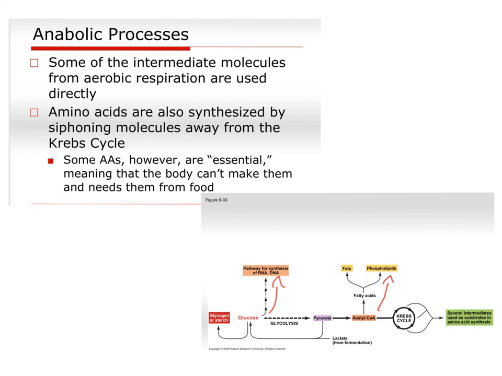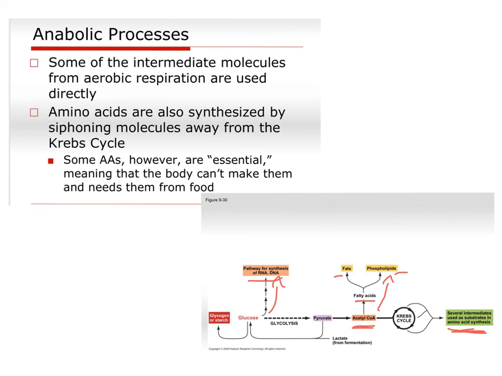So glucose can be siphoned off from one of the steps of glycolysis to create RNA and DNA, right? The acetyl CoA can be siphoned off to create fatty acids that can make fats for us. They can also make phospholipids for our cell membranes. A lot of steps of the Krebs cycle, you can siphon things off to make amino acids that you can use for